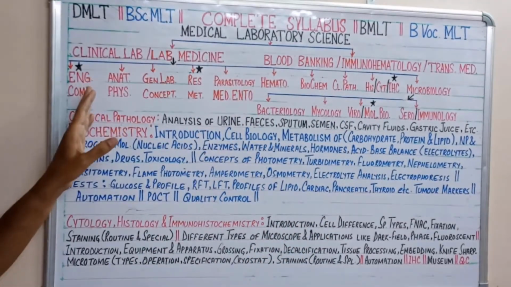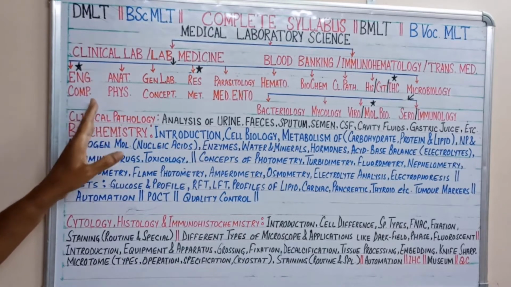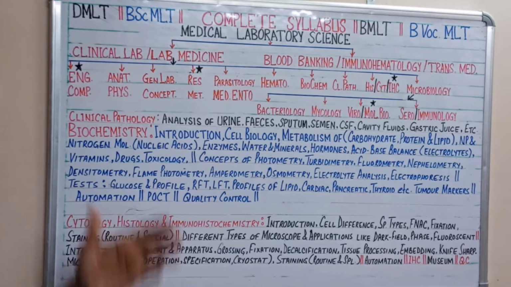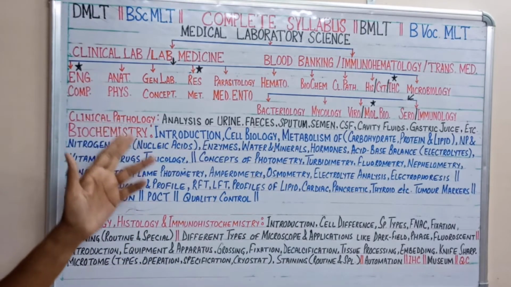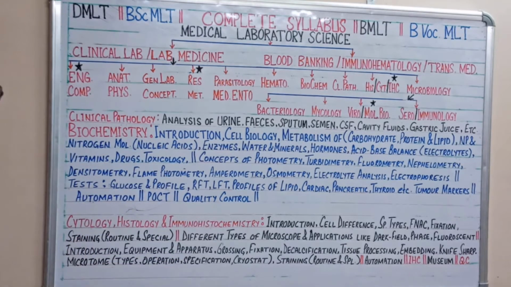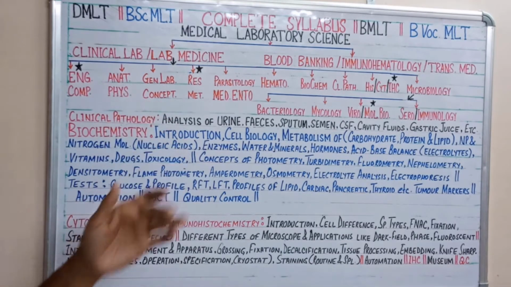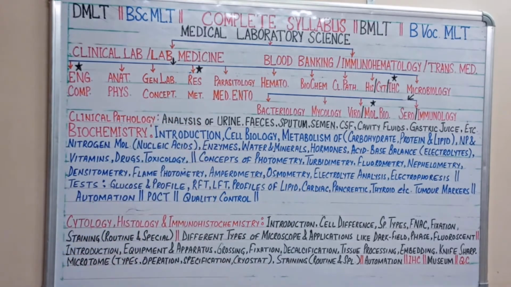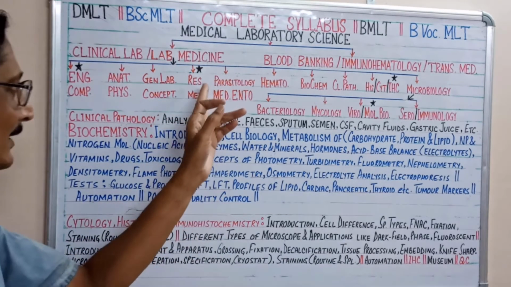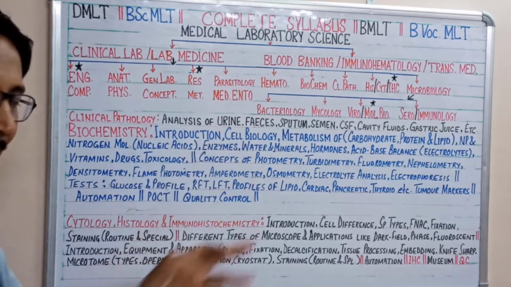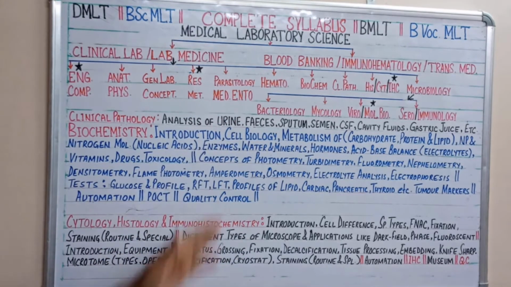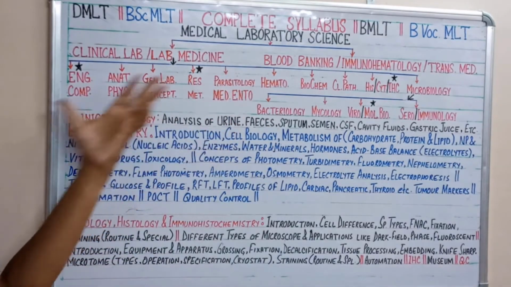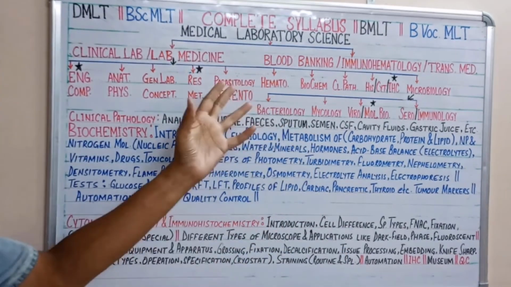In this part, English and computer, I have already given you the syllabus of what you have to study. About anatomy and physiology, I also gave that. The general laboratory concepts, we already discussed. The research methodologies, we have already discussed. And parasitology and medical entomology, this part is mainly about applications in the laboratories.